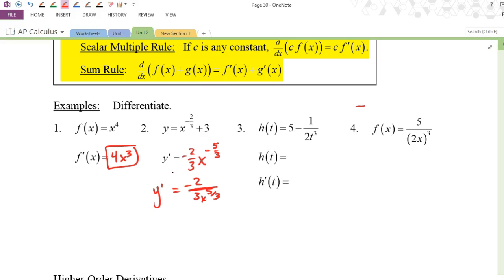Okay, so question number 3, as it's written, I have a variable that's written in the denominator, and I cannot derive if it's in the denominator, at least not yet. So how would I rewrite that one? So the fraction stays, we have a 1/2, and I'm only going to pull the t out. So the t is going to come out as t to the negative 3. Okay, so I just rewrote the original function. Now I'm going to take the derivative. Notice now I have the notation for the derivative